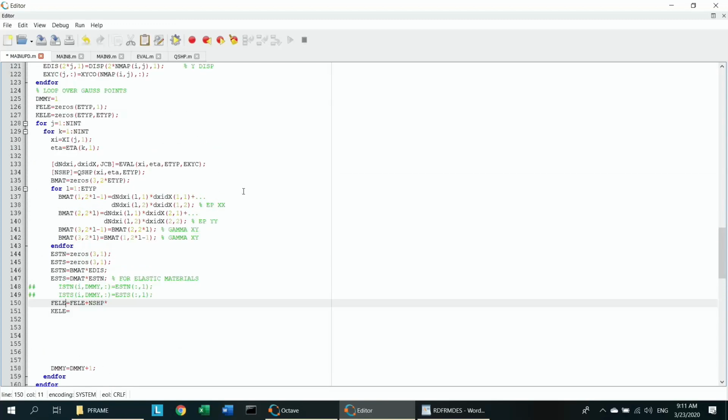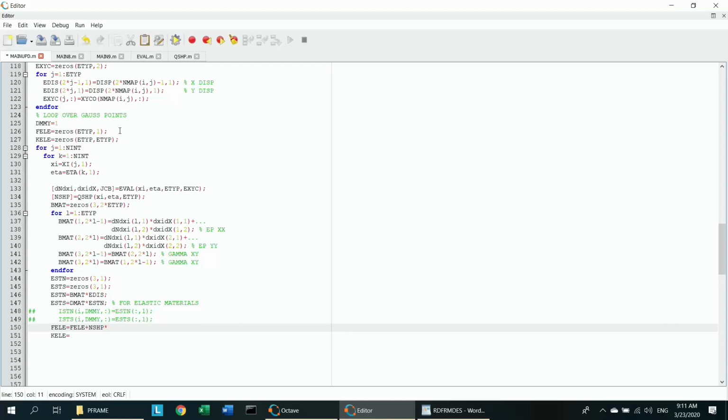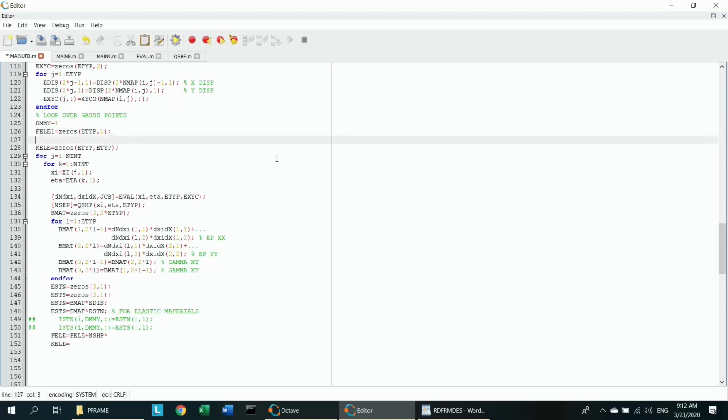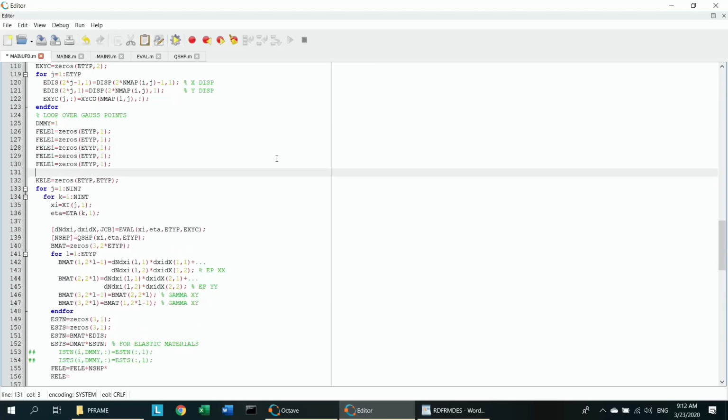Let me think a little bit. I am thinking about the strategy. I make it this way. So make them all 6. And 2, 3, 4, 5, 6. This first one, well, the thing is that the K matrix is going to be the same, so you don't need to make many of them. But the F will be different due to the different magnitude of